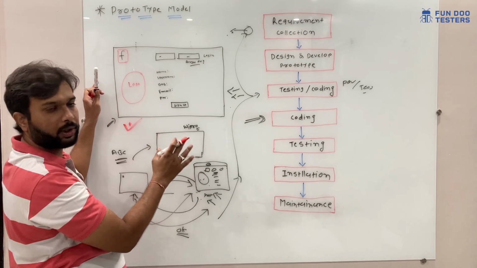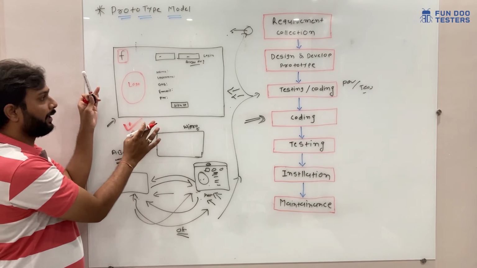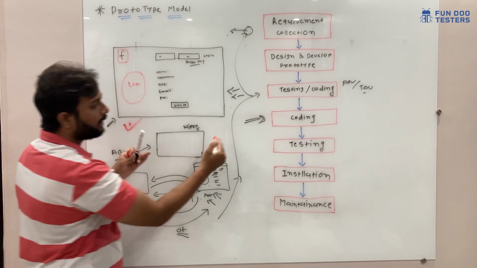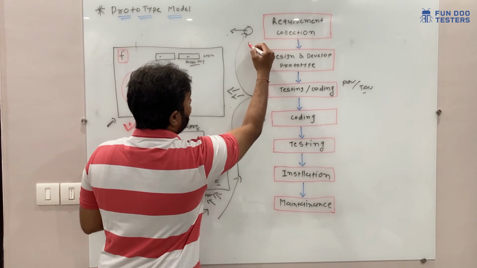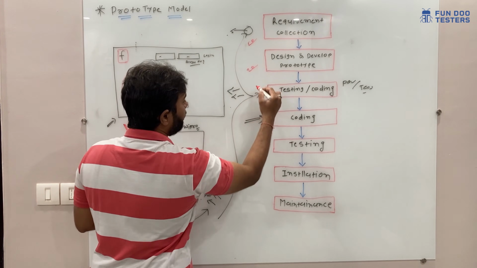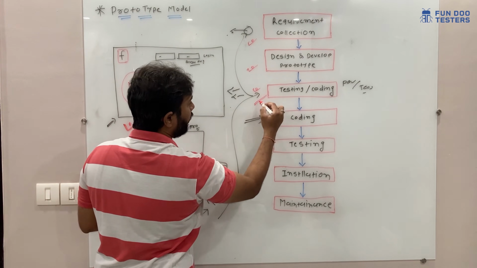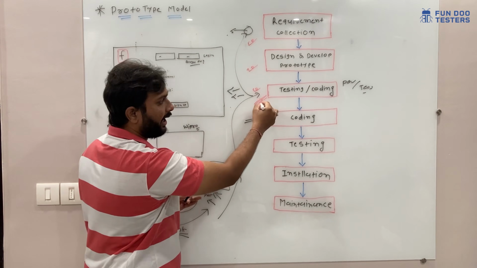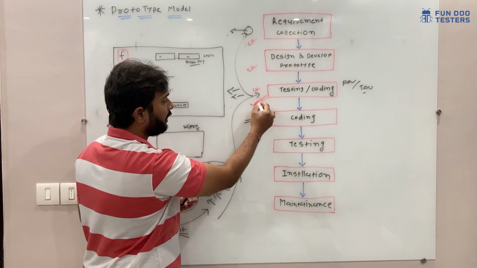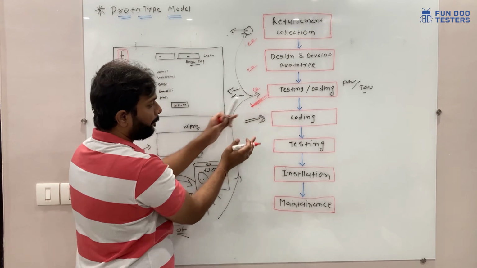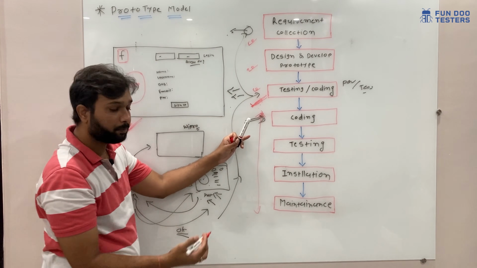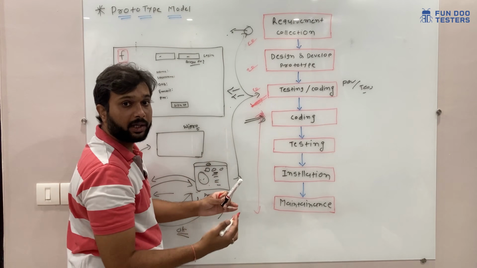Developer and tester are both clear about the requirement, and they are clear about the design as well. At this phase, once requirement gathering is done and design prototype is done, the actual prototype testing takes place, done by the design team, client, developer or tester. Once this phase is frozen, everyone will know what they are going to build, and at the end of the day what type of application they are going to get.